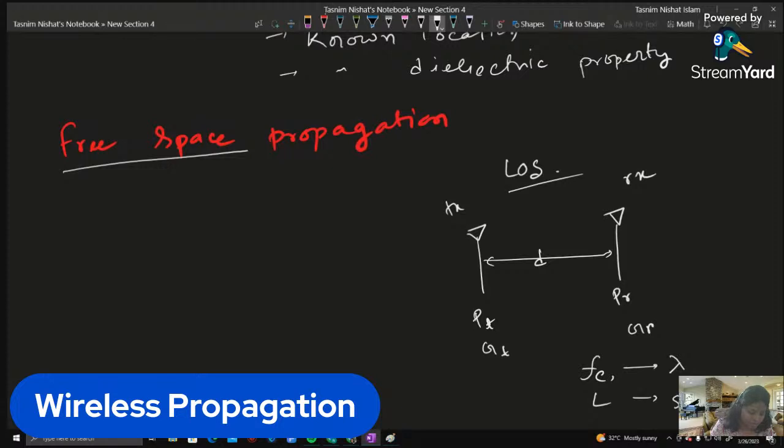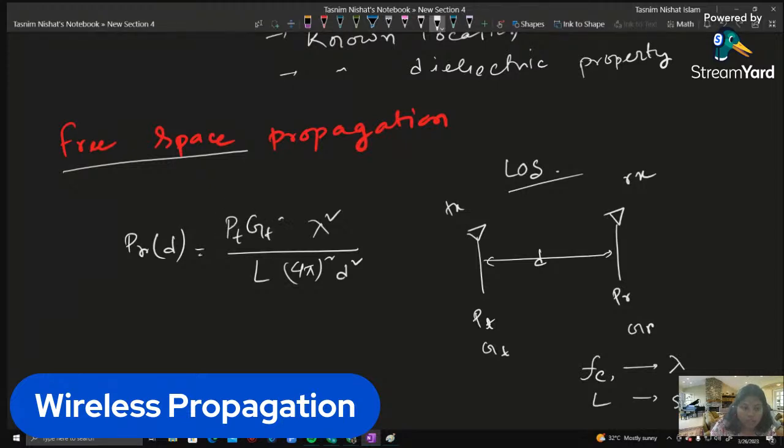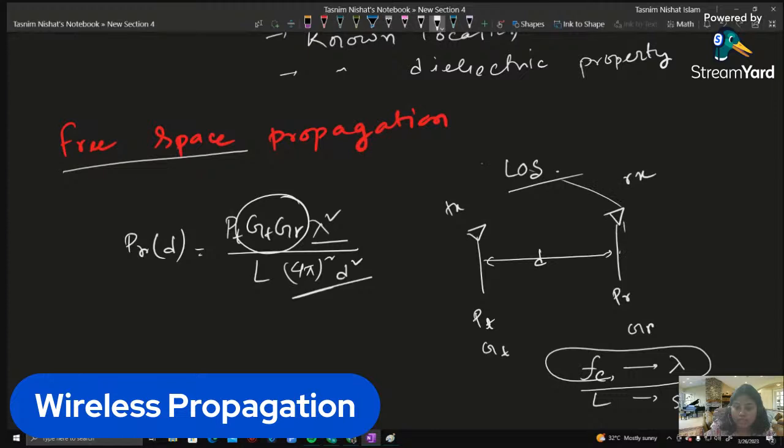And we have the PR(d), which will be lambda squared over (4 pi) whole squared d squared. This is easy to remember. And we have the system loss L, and we will have the PT, GT, GR, so all gains multiplied, and lambda is the wavelength of the frequency it's transmitted, and 4 pi d squared comes from the radius it's surrounding, the area it's covering, and the rest is